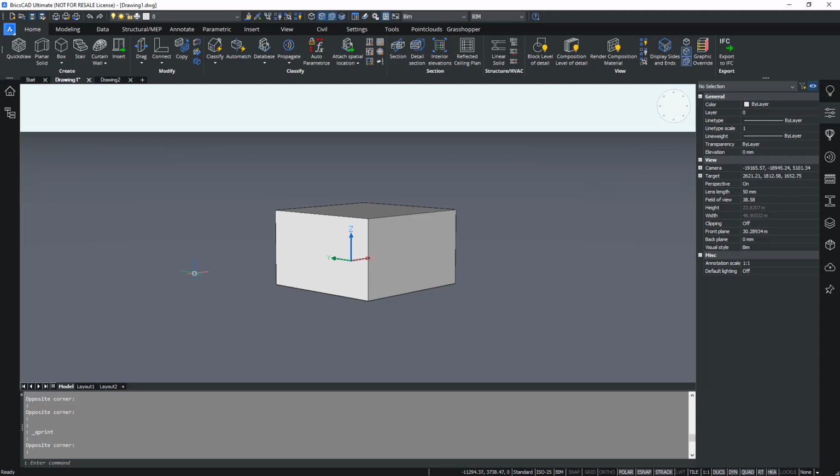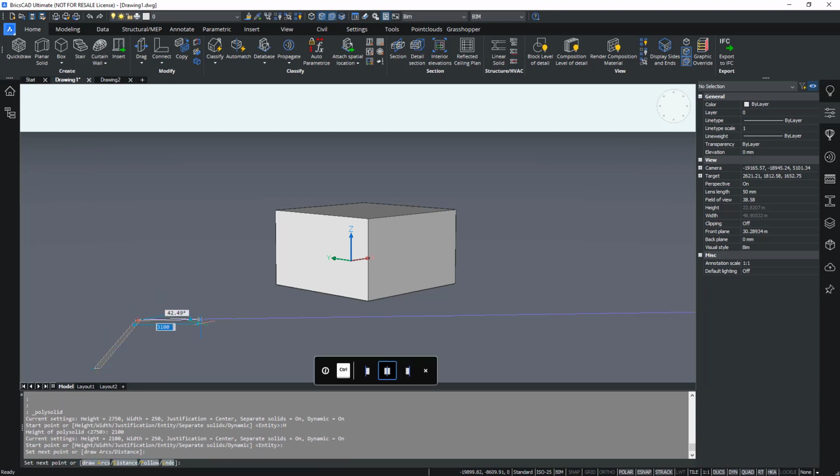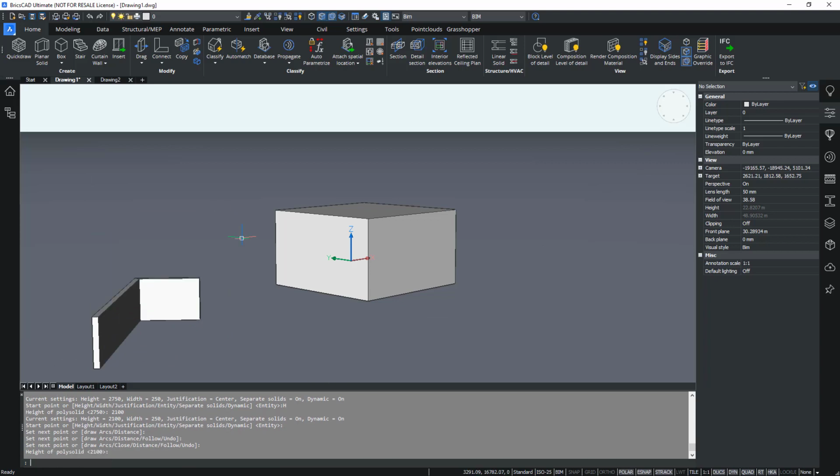When the command line is shown, I can launch a command, such as the planar solid command, and then I can press sub-options through the command line, because they become clickable as soon as the command line is open. Otherwise, you need to type in the capitalized letter, which in this case also displays in orange. And as such, you can reset some settings in this case, and then start with your command.